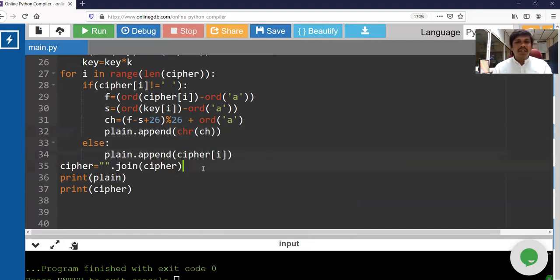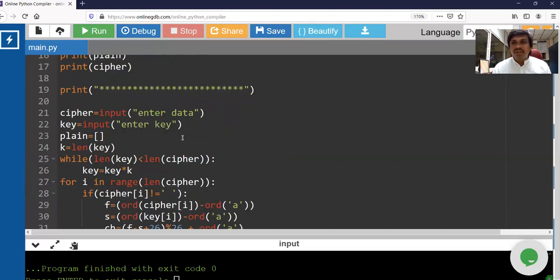Plain dot append of cipher of I. Finally, the plain text is a list, so I need to join it to convert it into a string. And print the ciphertext first and then the plain text next. This is your ciphertext, and the final output will be the plain text.